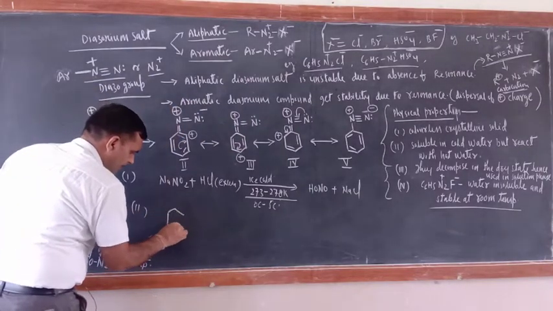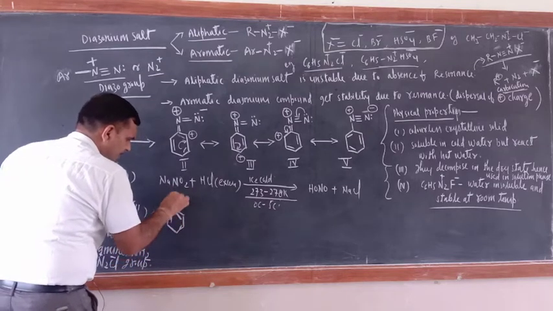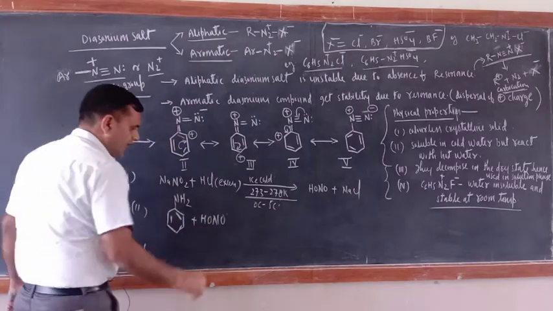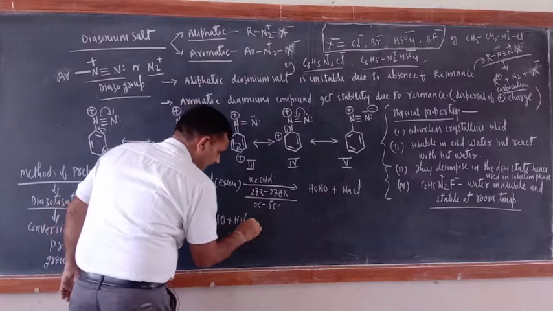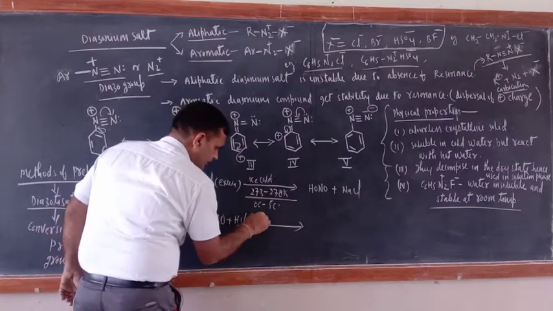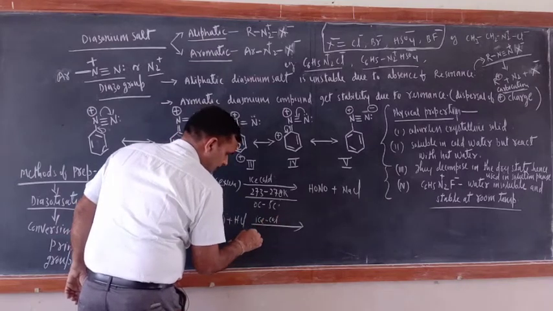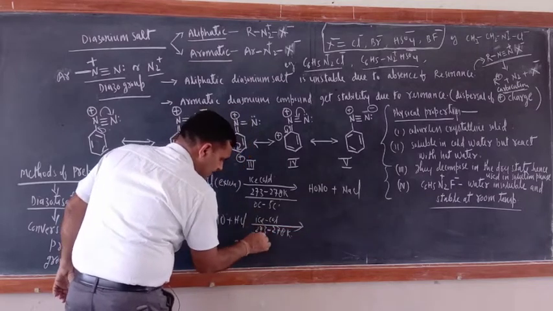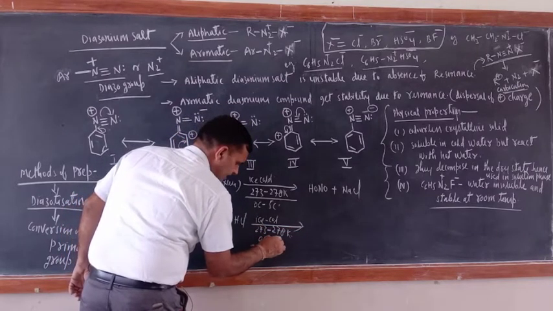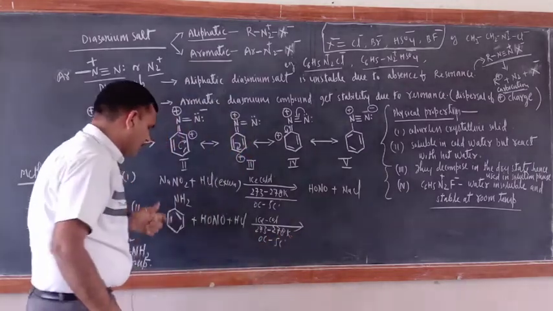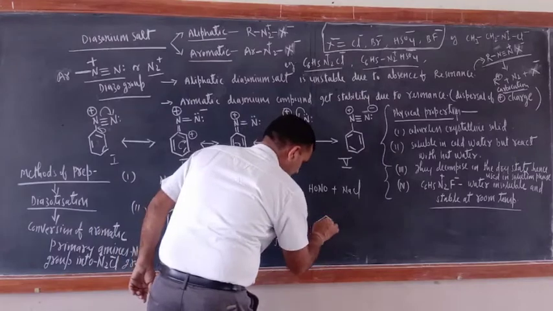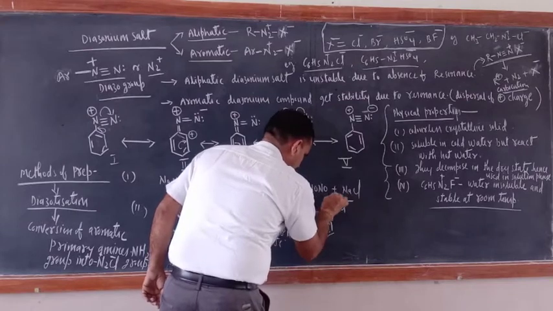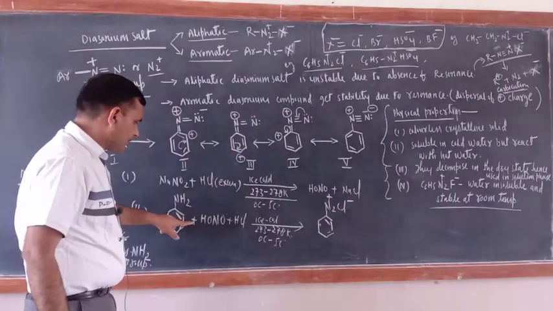Now, the second step. Take the aromatic primary amine, that is aniline, and react it with HONO, with HCl taken in excess. Here again ice cold solution, and temperature should be 273 to 278 Kelvin only. Please mention this condition, 5 degree Celsius, in both steps. Now this time, this N2 positive Cl negative group will be generated.